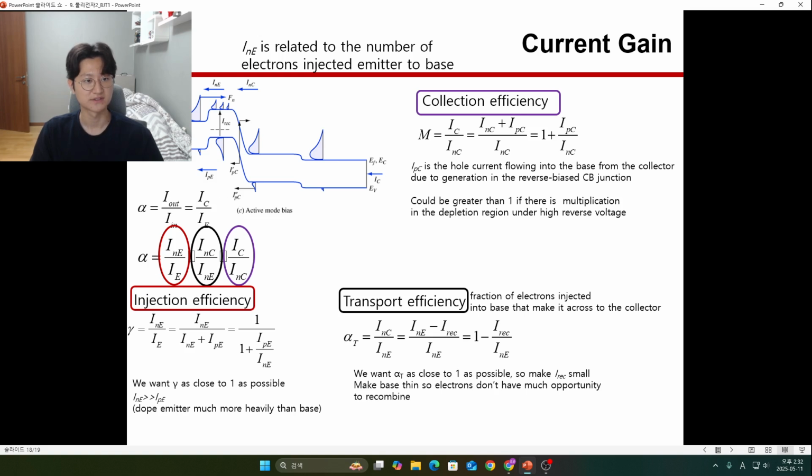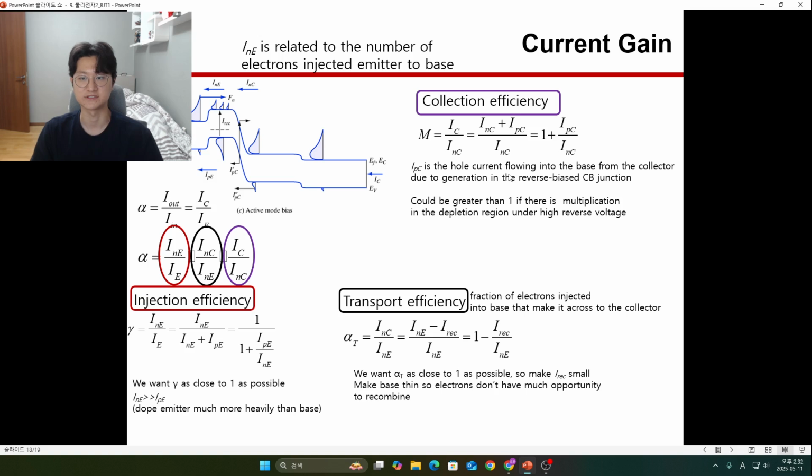That means if we dope more than the base, there are more carriers than before, so we can get higher efficiency this way. And collection efficiency,